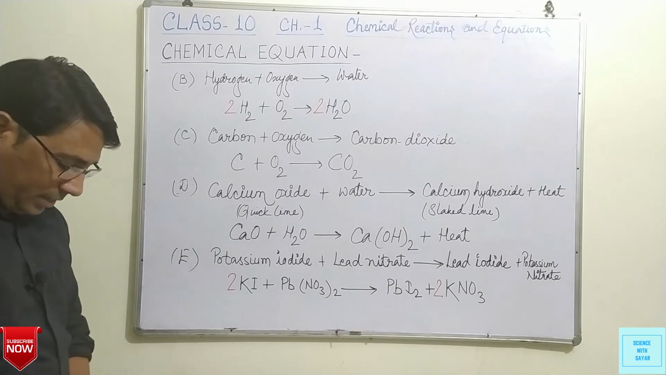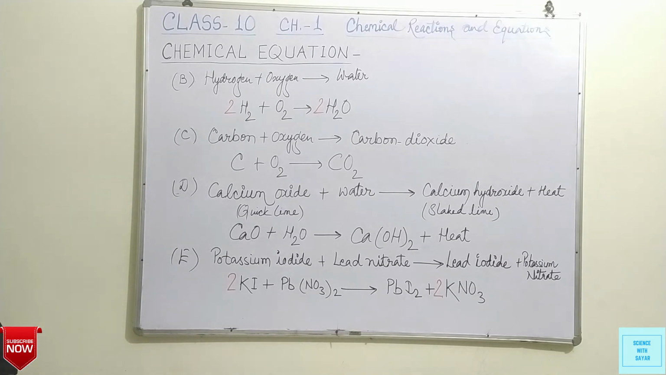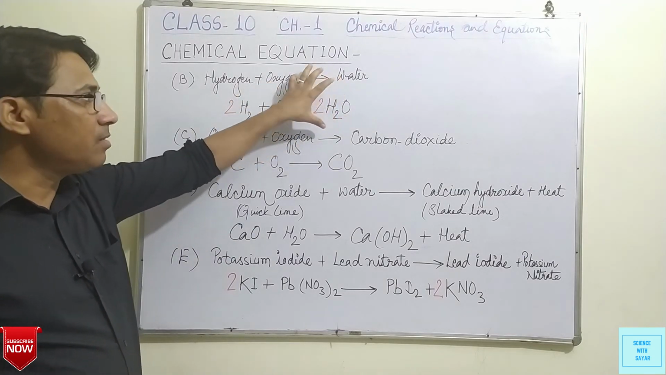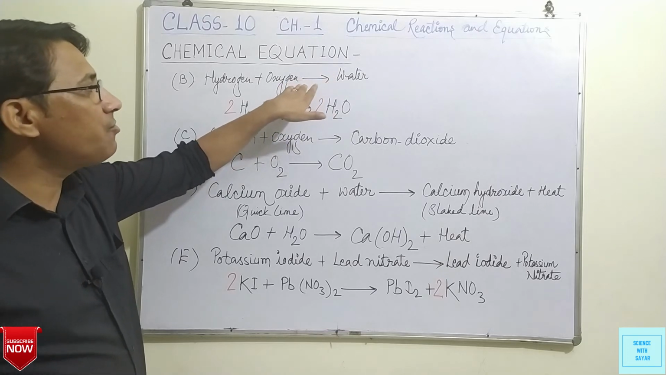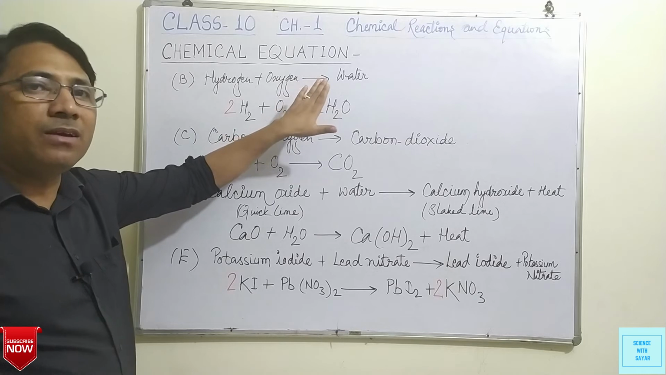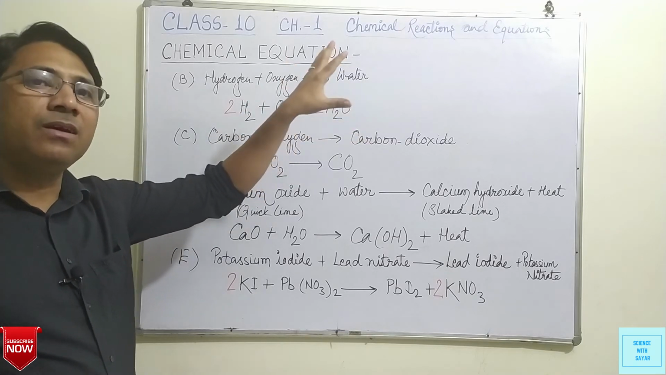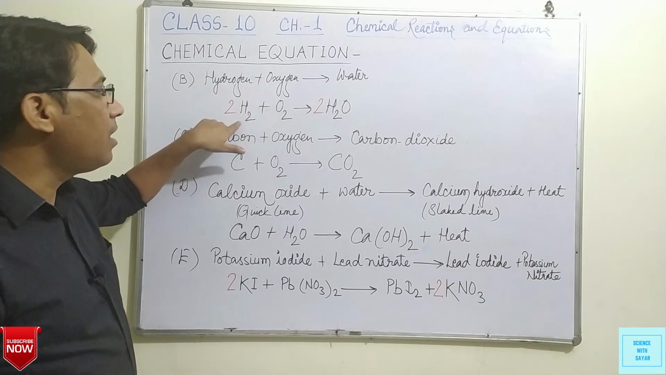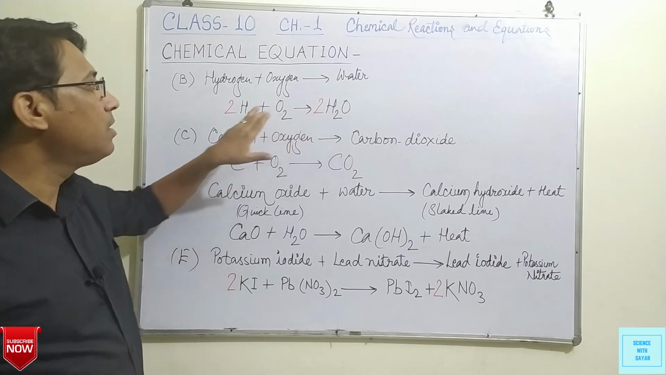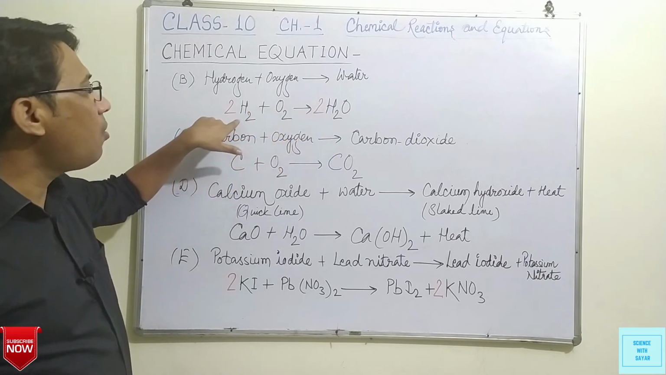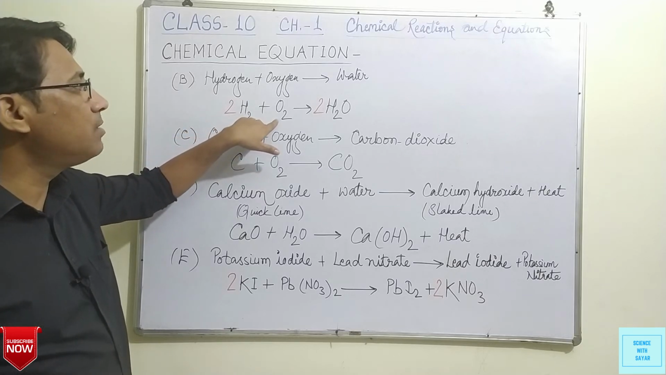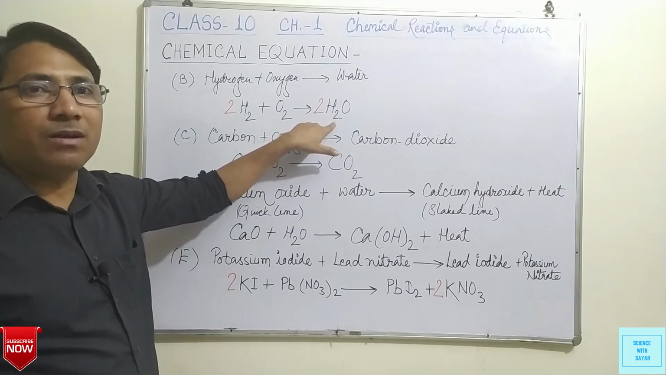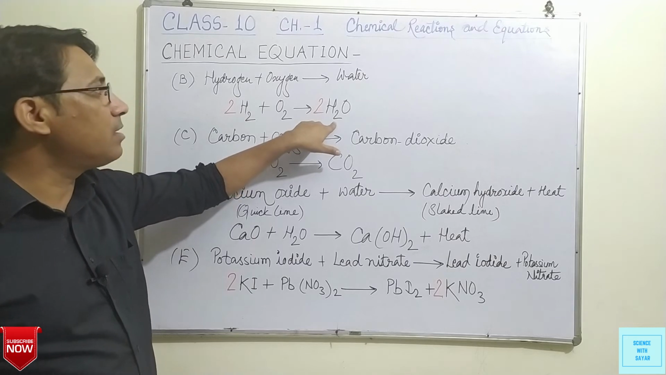The second example of the symbolic equation is hydrogen plus oxygen, water is formed. This reaction is given as a word equation, and we can convert it to a symbolic equation by writing the symbols or formulae of the elements or compounds. So we can write this equation as hydrogen and oxygen, water is formed. So the formula of hydrogen gas and the formula of oxygen gas, and this is the formula of H2O, or water. This is the formula of water, and here